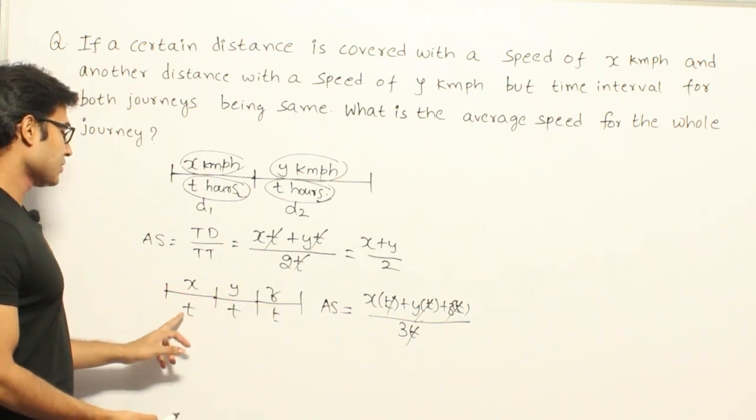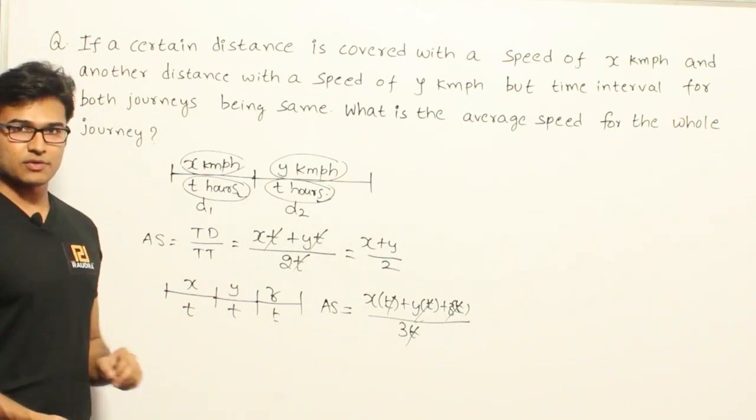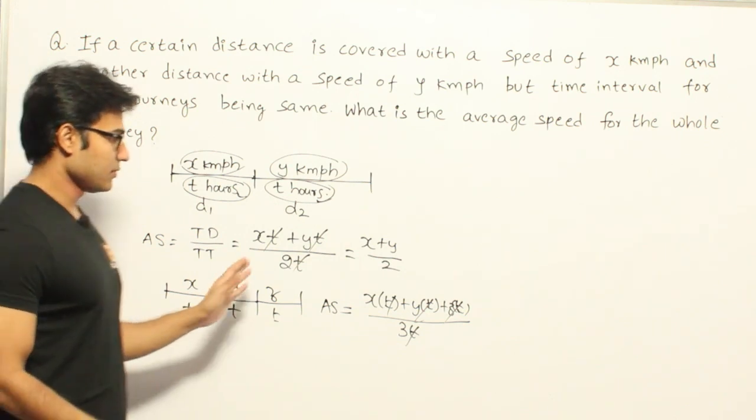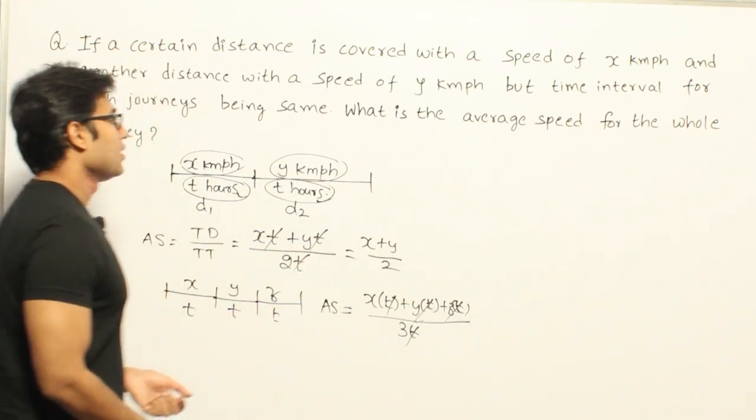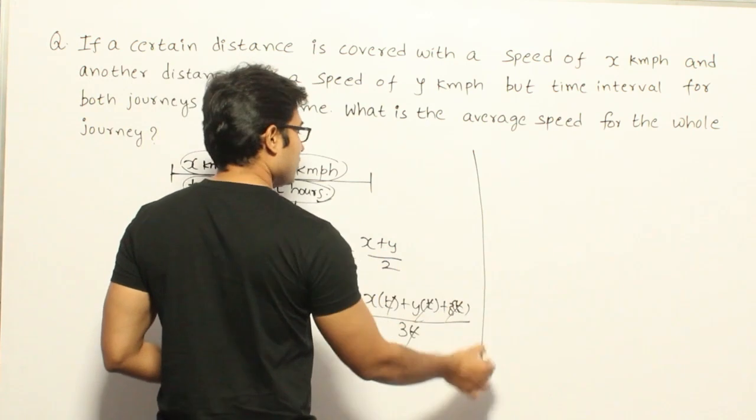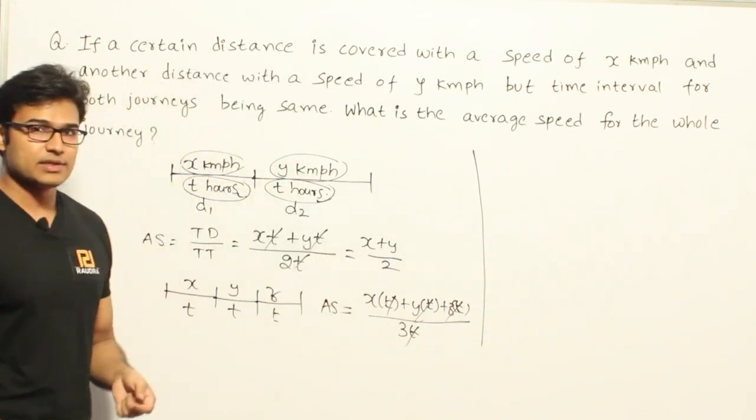If you have n speeds, and all the speeds are used for an equal amount of time, then the average speed is going to be a plus b plus so on plus n speeds, divided by n. Got it? Okay. Now if you want to see a question on this, how the questions will be asked is, they will say that